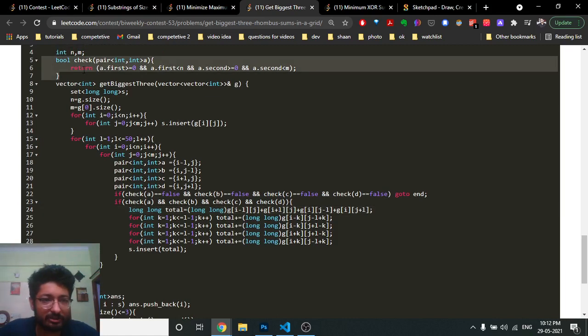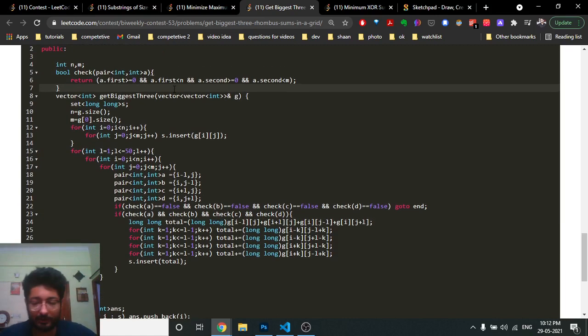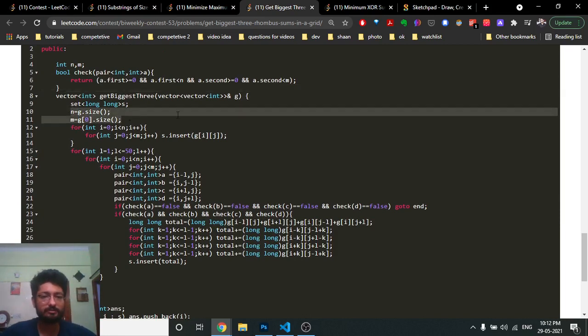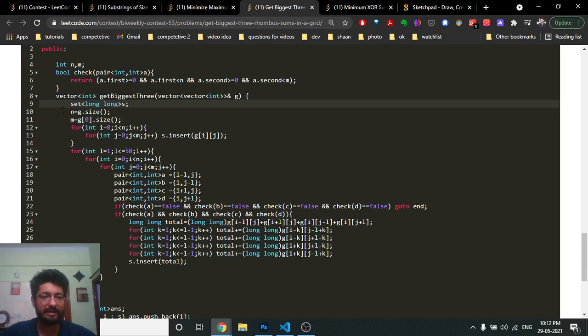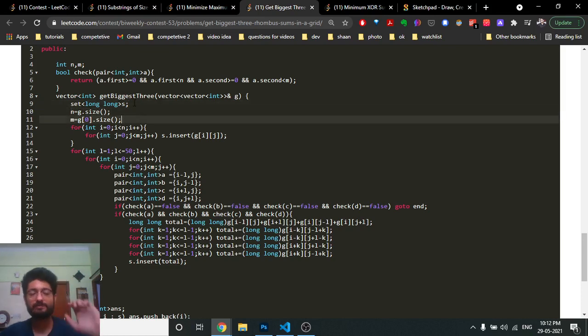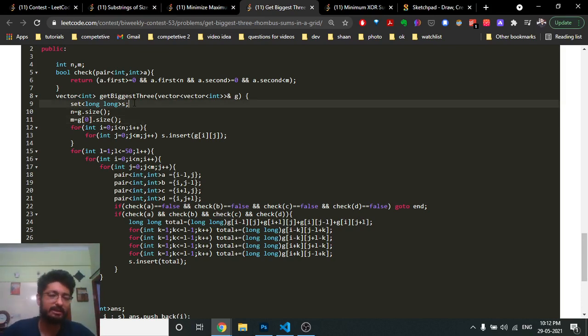So it's like a check function to understand whether a particular coordinate is inbound of the particular matrix or not. So find out the length, the coordinates i comma j, n comma m. And because we have to find the distinct sums, I will push every possible sum into a set, so that it is easy to handle in the answer in the later step.